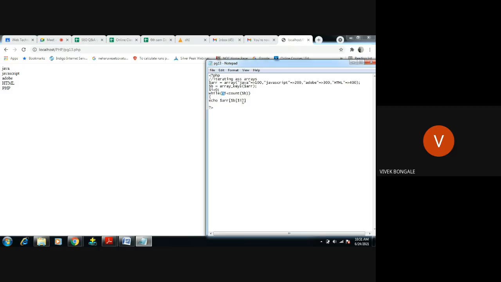So that is the reason for $I. Then add a dot and a break to create a new line. So increment, I plus plus, then close the loop. Okay, I will save this program.